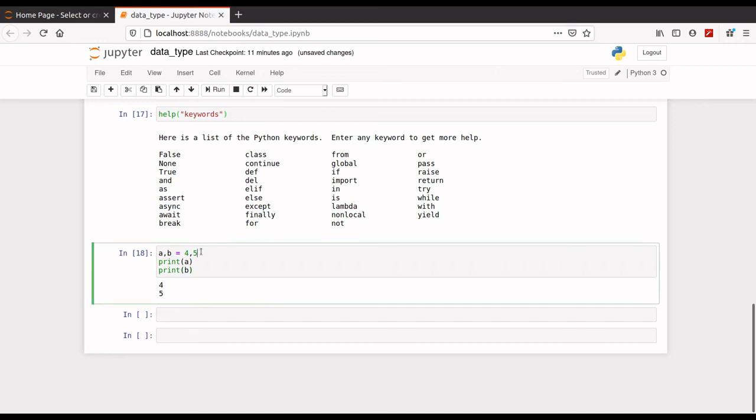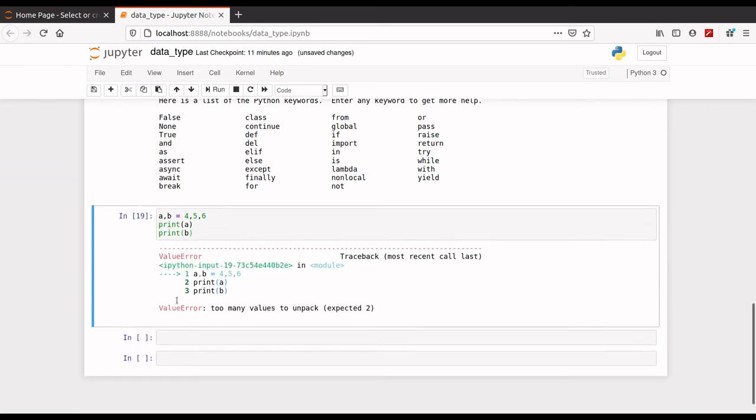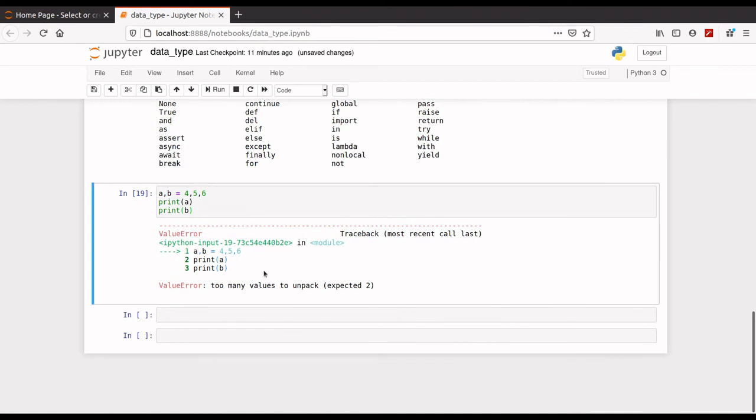You cannot give more than 2. If your left side variables are only 2, you cannot give right side more than 2 or less than 2, just exactly 2. Otherwise it will give you error. See, look, it is giving error, too many values to unpack. So always use equal numbers of variables on the left side and right side.